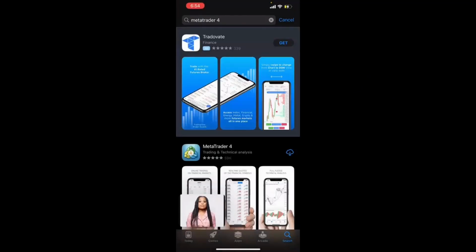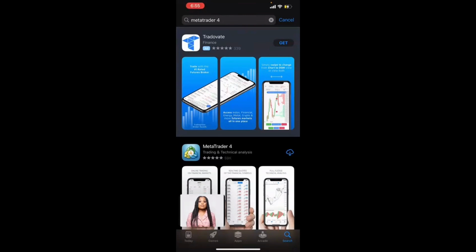All right, you guys, so this is a Metatrader4 walkthrough. I'm basically just going to be giving you the ins and outs of this app and showing you how you're going to be able to use this on the go in order to place your trades, all right? So the first thing that we actually have to do is go ahead and download Metatrader4 to our phone or